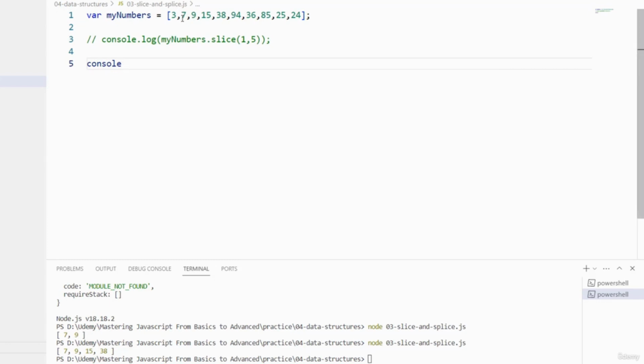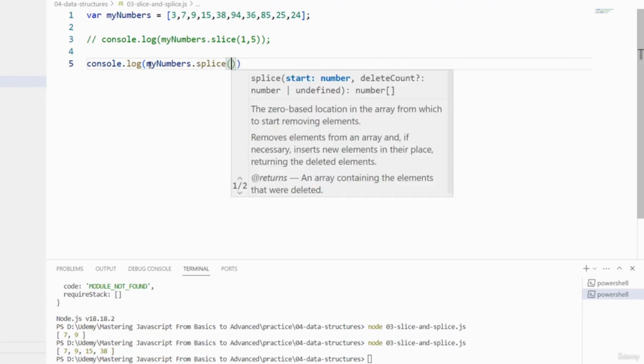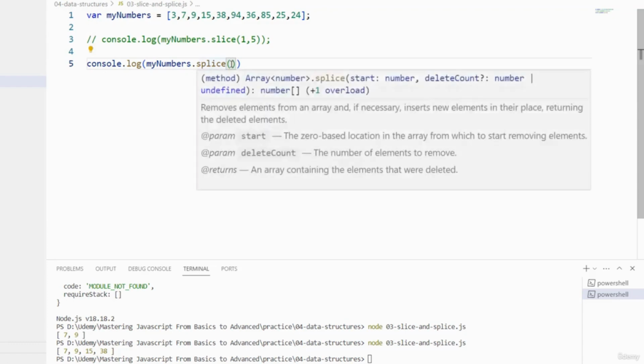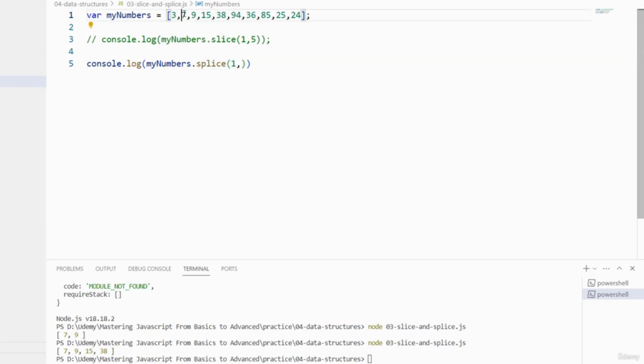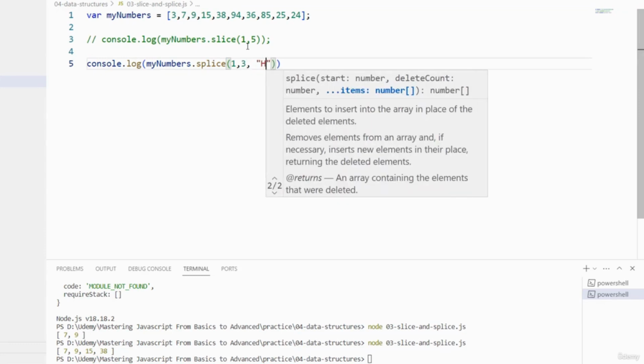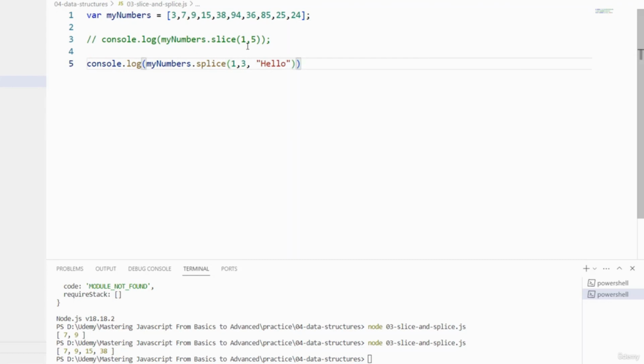Let's say I want to remove these values and add any other value. So we have console.log, and we have the function splice, and in splice I will specify the index. Let's say I want to delete these three values, so I will use 1 because the index of this value is 1. Then I will count the values 1, 2, 3, and I want to remove 3 values in total. After that I will add, let's say, hello. Now if I end it with a semicolon, save it and rerun the code,